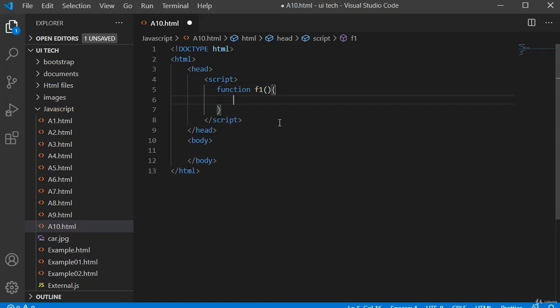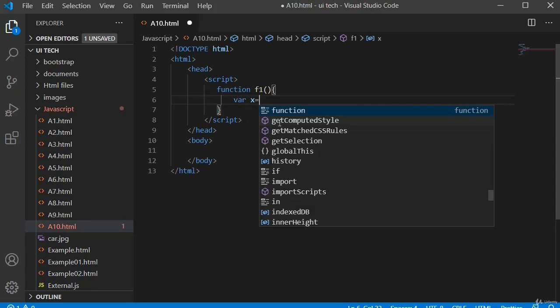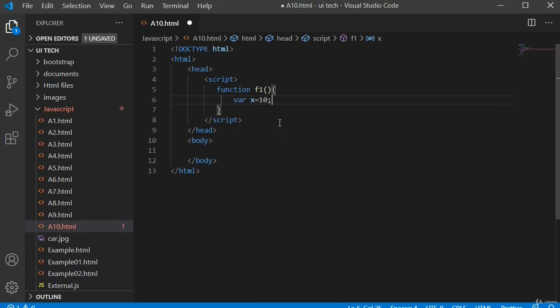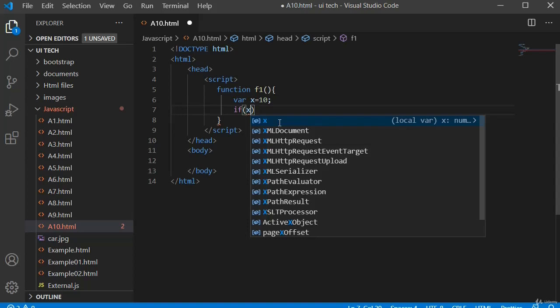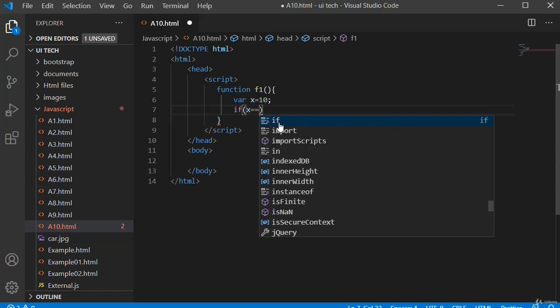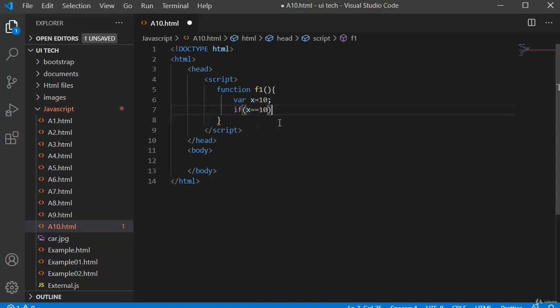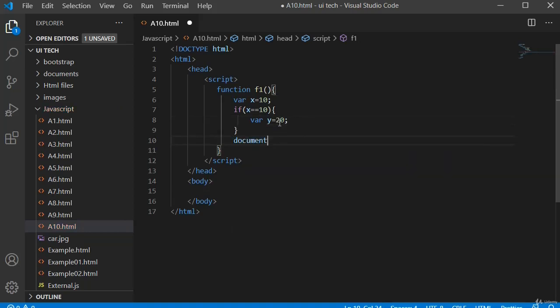Inside this function, I am using the var keyword to store in x variable the value 10. I will write an if condition. Inside this, I will write the condition x double equal to 10. If x double equal to 10, then var y is equal to 20, I want to store 20 in this y. Then I want to print document dot